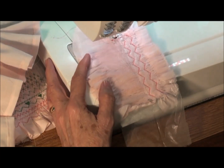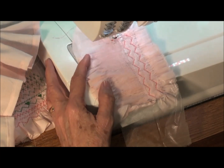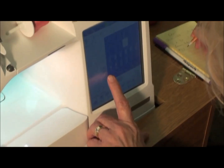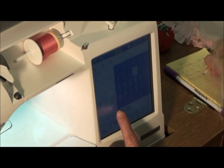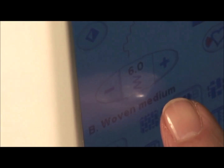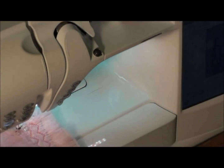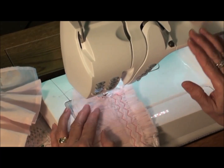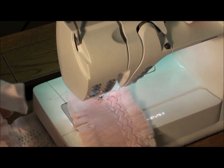Now I'm going to change my stitch, but first of all I'm going to write down that I'm using number 33, and that I have my stitch length at 20 for my design, and that I have my zigzag at 6.0. Okay, now I'm going to try my cable stitch here, and we're going to see how this looks. And remember, I told you I'm going to smock my whole thing in pink, so when I start really sewing